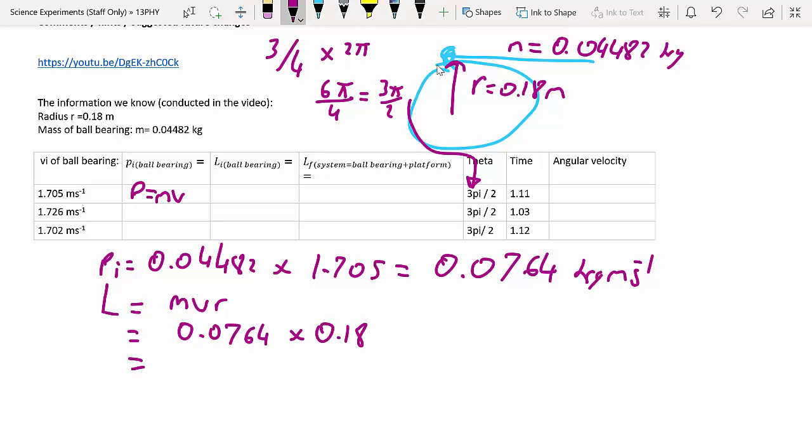That should give me the angular momentum that the ball bearing provides to the system, in kg m s^-1 times meters, which really makes that kg m^2 s^-1. So that is the initial angular momentum,